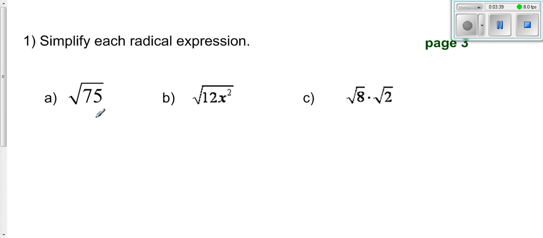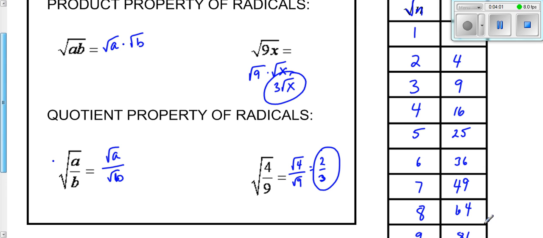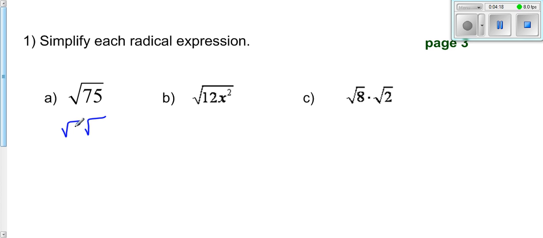I'm not asking you to change this to a decimal. I'm asking you to simplify it. So we'll use that product property. The square root of 75 can be broken up into a radical times a radical, and we don't always put the multiplication sign in. So now I look back at my list and I find the biggest perfect square other than 1 that goes into 75. Well, I'm actually going to start down here. 75 is right here, and when I say goes into, I mean evenly. So I know 64 goes into 75 but not evenly. So 64 is not a factor of 75, neither is 49, neither is 36. 25 is. Okay, so that's the number I want,